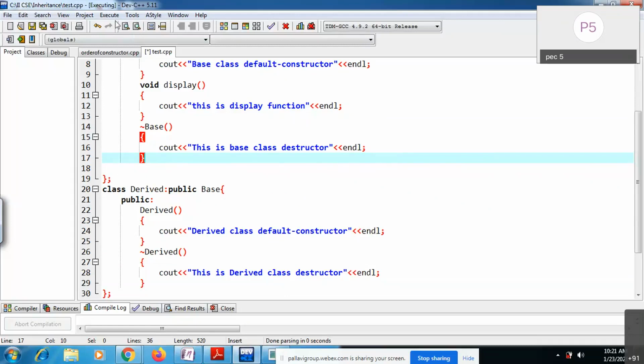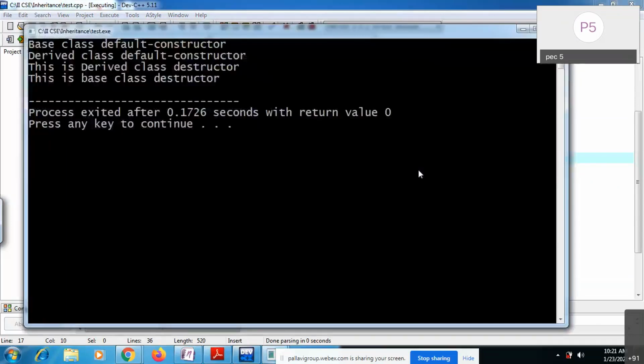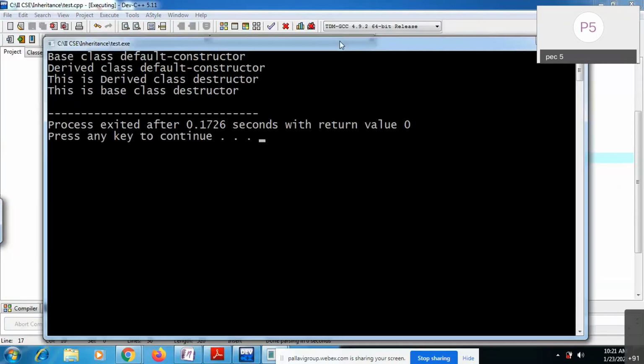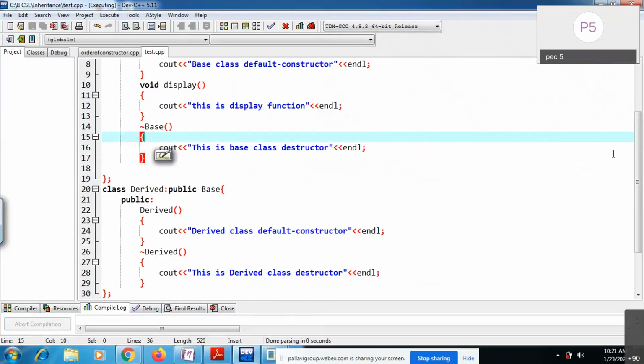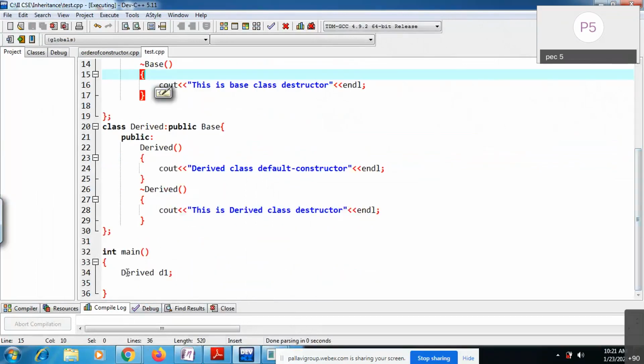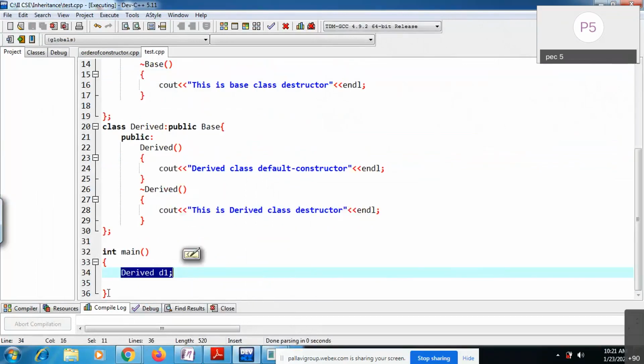Now you can see in the output, the default constructors. When the scope is going to end, here, right?